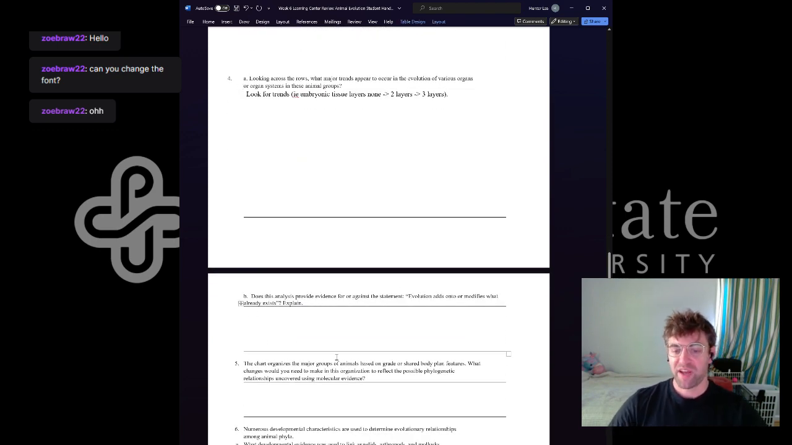Does this analysis provide evidence for or against the statement, evolution adds onto or modifies what already exists? And explain. It should be apparent from the chart. Modifications are built on what already exists. For example, we see that evolution from no clear separation in body layers to, in the spongy embryo, 2